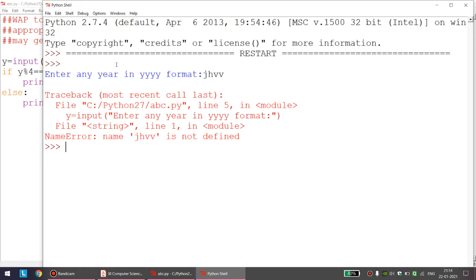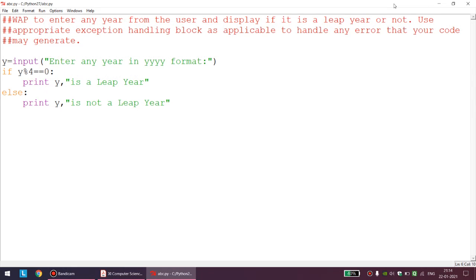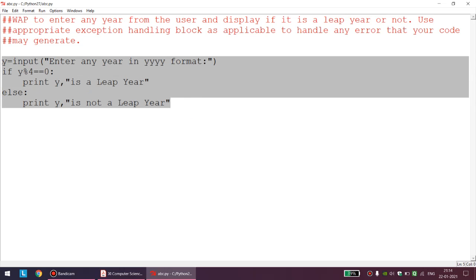I could have done that, but because I want to exercise exception handling here, that is one of the reasons I did not do that coding. I intentionally missed two pieces of code. Point number one, the year that the user is entering should be of 4 digits. Point number two, the year that the user is entering should not contain any alphabets. So I will push that into the exception handling block.